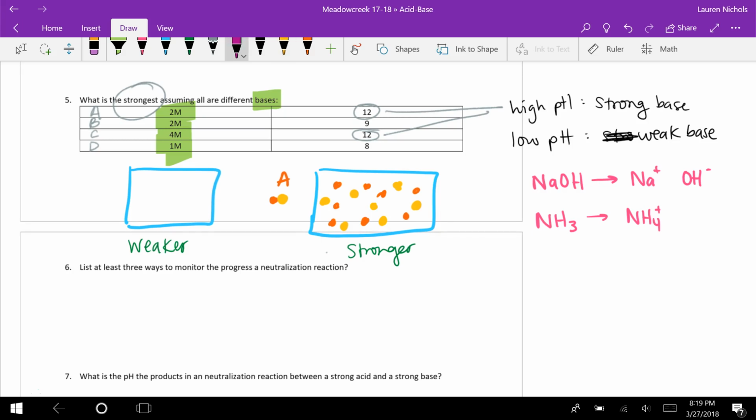But something that's weak, okay, let's say it's substance B, these purple and pink dots, okay, some of them will dissociate or break apart, but a lot of them are going to stay together. And so that's actually going to make it weaker, right? So if we know that pH is measuring how much H pluses there are or how many have broken apart, well, even if they both have the same pH, so let's say pH of 12,